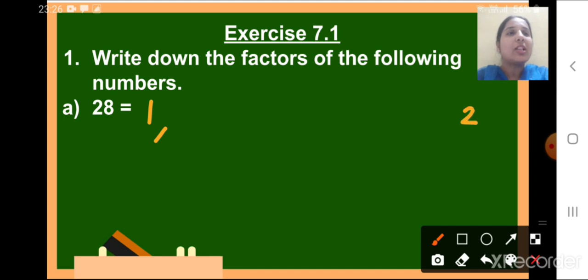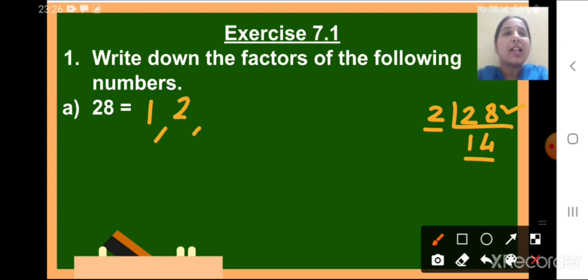So for that you can just divide and you can see how many times it will be divisible. So 2 ones are 2, 2 fours are 8. So here this 2 as well as 14 will be the factors of number 28. So we will write 2 as well as we will write 14. 14 2s are 28, you know that. Okay. Now let's move further with number 3. Let's see number 3. Will you get 28 in the multiplication table of 3? No.